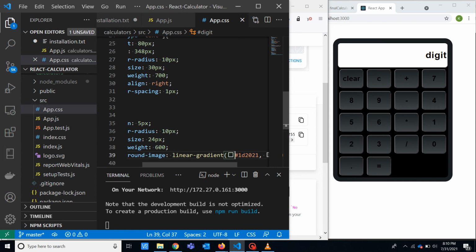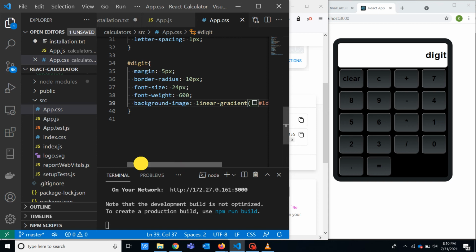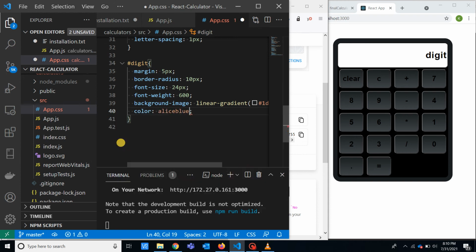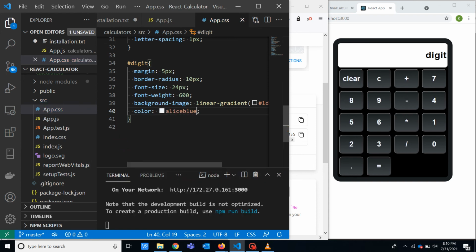Now, these buttons are now black, right? I want to make them white or something else. So the color should be white if I make that. Yeah, these are looking nice, looking great. Okay, then